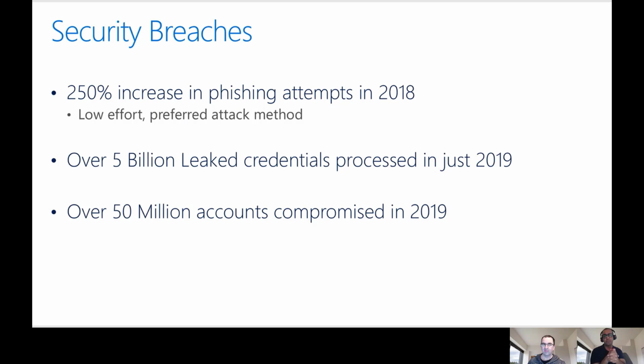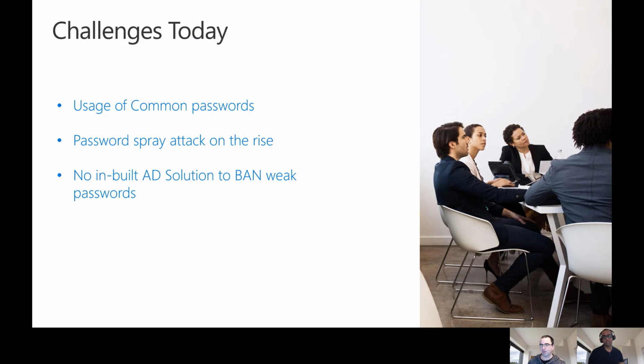And you see, now we've got 5 billion leaked credentials in 2019. Are you saying you could have 5 billion types of random passwords inside password filter.dll? No way, it's not possible. So essentially, there is no inbuilt solution. The few workaround or unsupported ways which are there are very, very limited. You can't do much with it. There is a limitation which you'll hit when you are entering some random passwords. And plus you don't get any reporting and anything like that. So yes, basically there's no inbuilt solution for doing any kind of password filter.